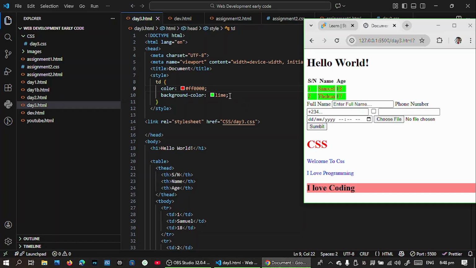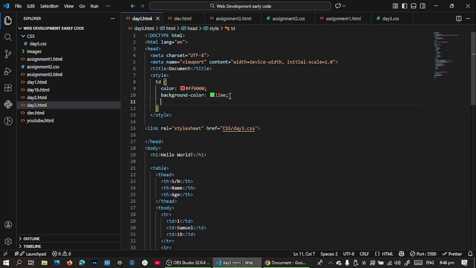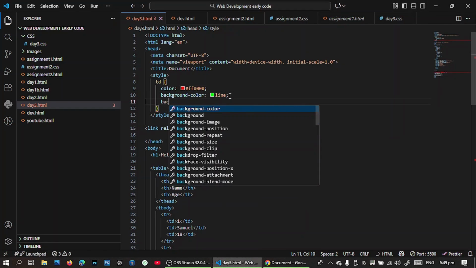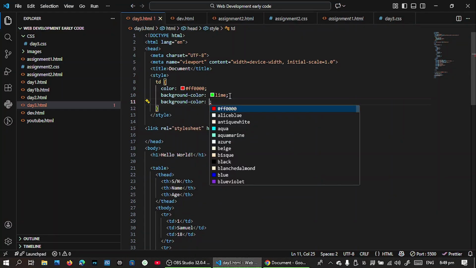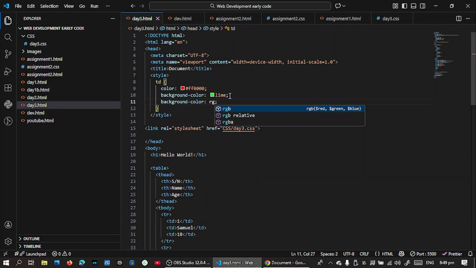Okay, now I'm going to teach you another way to set colors. I'm going to come here again, press enter, type background color again, press enter, and type RGBA. Now there's an RGB way to do this, which is kind of similar to the hex code, except you use numbers and values. I cannot really remember how he explained it, to what limit, but